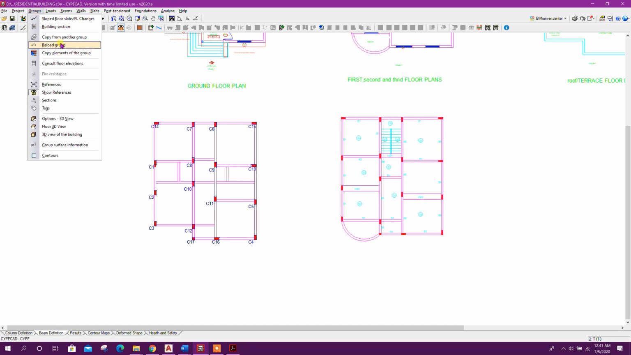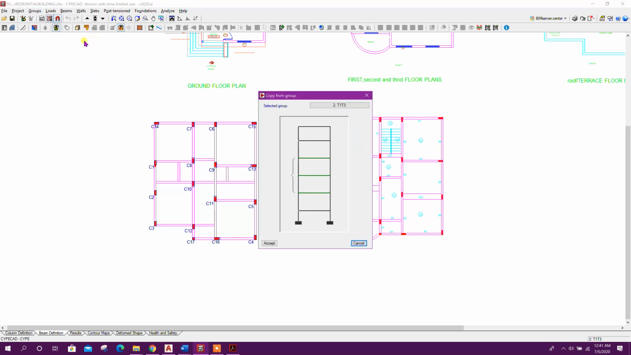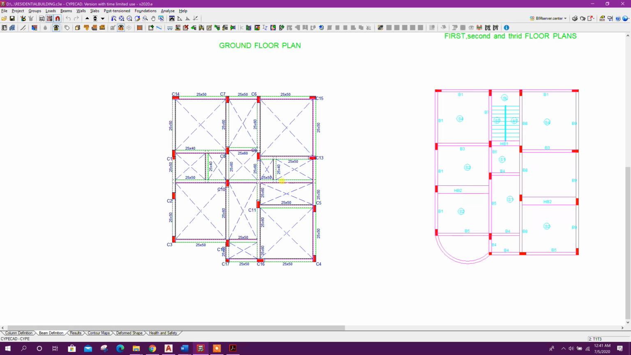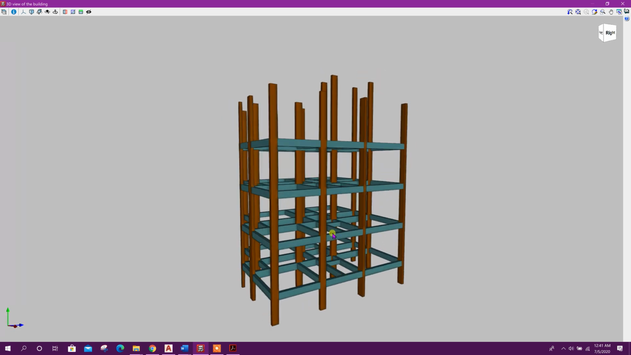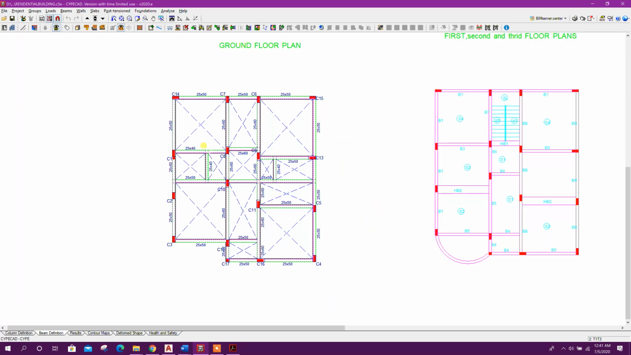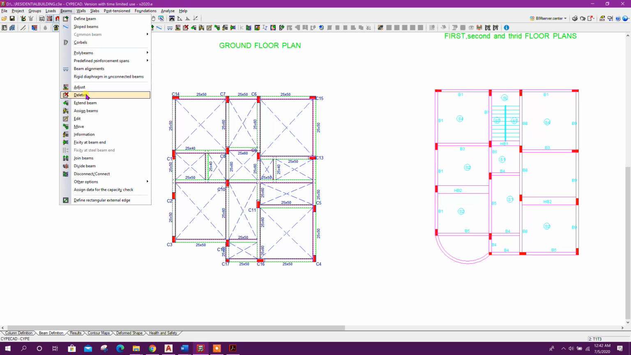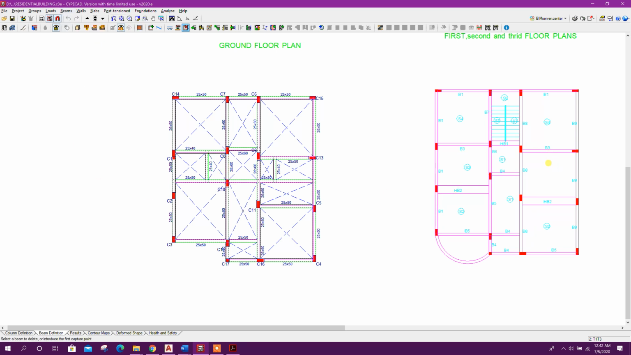Go to group, copy from another group, select this plinth beam. What we have in plinth beam is copied to this typical floor. We can see in 3D view. Here you can see plinth beams added to typical 3 floors. Now here we will delete our beams which are not matching with these floor plans. So delete this one, delete this one,